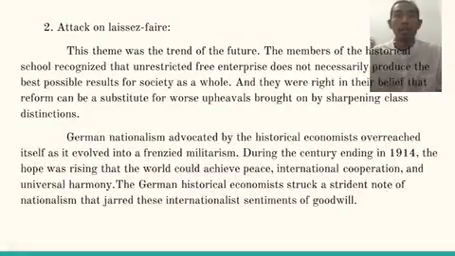Okay, next we go into the attack on laissez-faire. This theme was the trend of the future. The members of the historical school recognized that unrestricted free enterprise does not necessarily produce the best possible result for society as a whole, and they were right in their belief that reform can be a substitute for worse upheaval